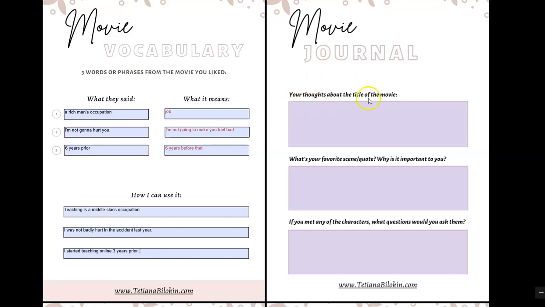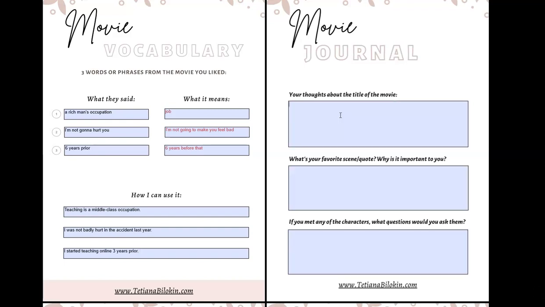The first question here is about the title, and titles are usually important. So the title of this movie is News of the World, and how is it important of the movie? First of all, it's the main character's occupation. Again, the word occupation. It's his job to bring the news about the world to different villages and towns and tell people about what is happening. But he can influence, he can affect the lives of other people by telling stories. And he is affecting the lives of many people. We'll just write it down in 2 sentences.